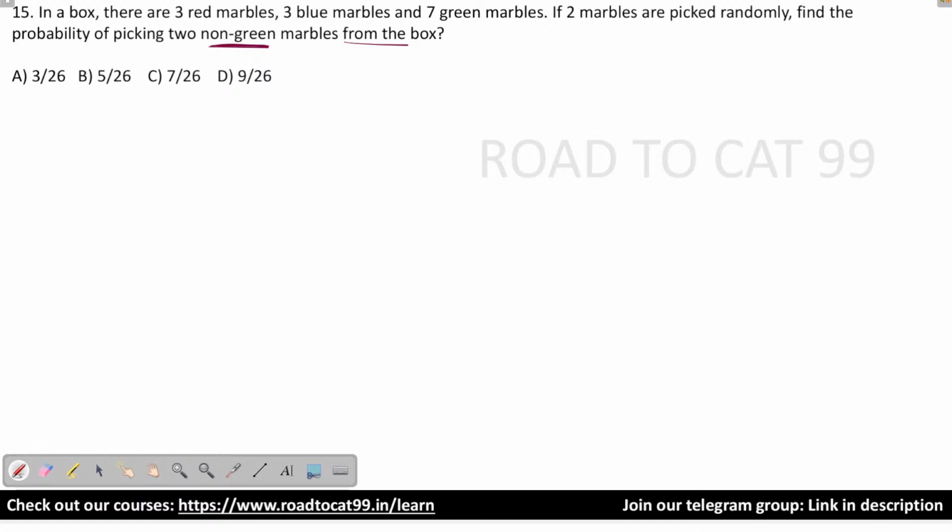So my total cases will be, if I have to pick 2 marbles randomly, so total marbles are 3 plus 3, 6, plus 7, 13. So 13C2 is the total cases, right? So ignoring the green marbles, because I have to pick the non-green marbles, my favorable cases will be 3 and 3. Out of these 6 marbles I have to pick any two, that is 6C2,